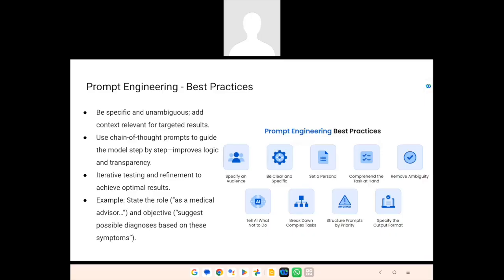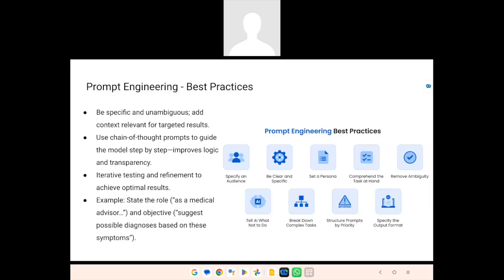And these are the best practices in the prompt. So what you need to do is you have to be very clear and specific. You have to set the persona of the prompt. By persona, what I mean is, let's say you are developing a chatbot for talent guidance or talent acquisition or for recruitment. You have to set, hey, you are going to be a recruiter for a very big MNC, and you have to scrutinize the applications and come up with the appropriate candidates for the further processing. So this is how you have to set the persona of that chatbot.